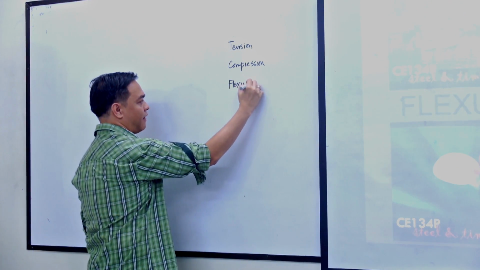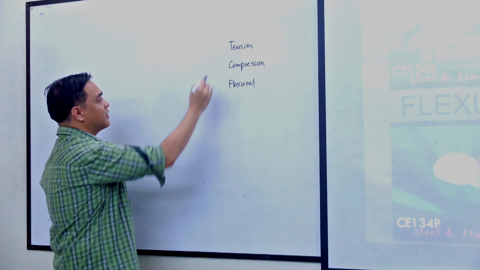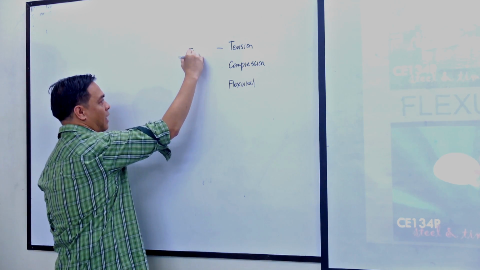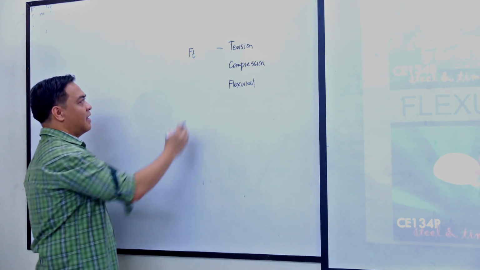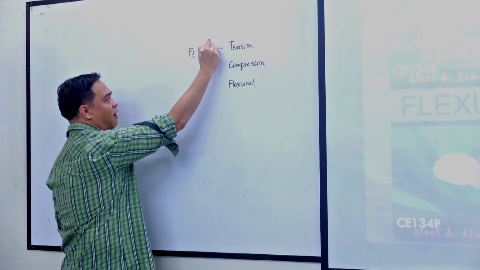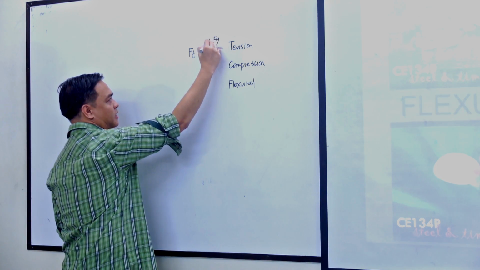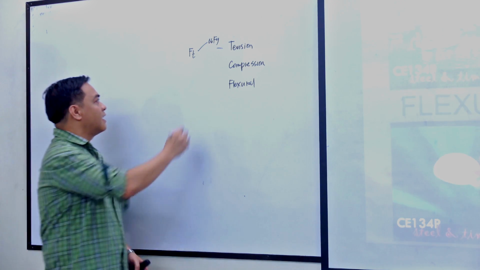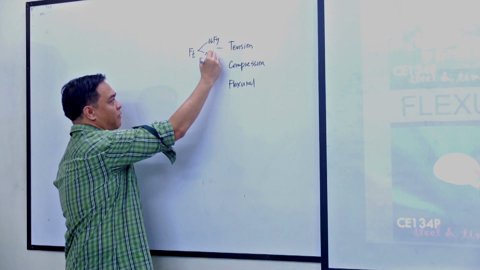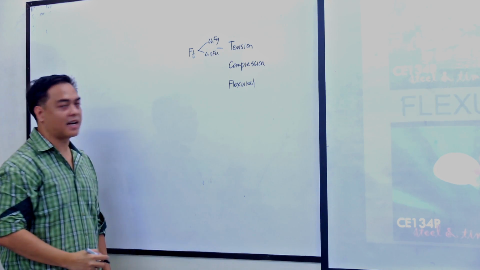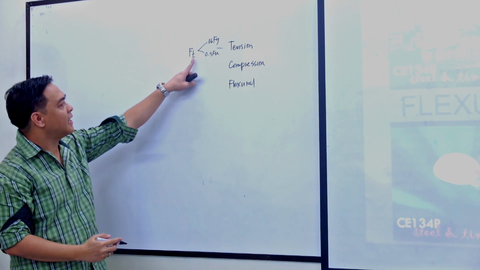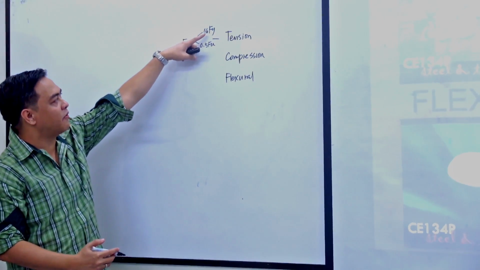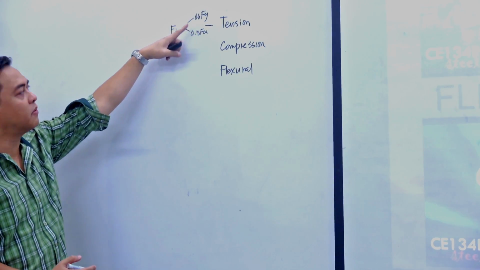Today we'll be having flexural members. Okay, so under flexural members, we have the allowable tensile stress, and this tensile stress is a function of its Fy, which is 0.6 of Fy whenever we have a gross area failure. Then it may be 0.5 of Fu if it's a net area failure. So basically, the allowable tensile stress of any steel material is a function of its properties Fy and Fu.